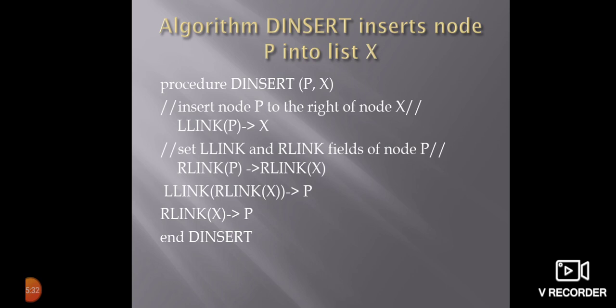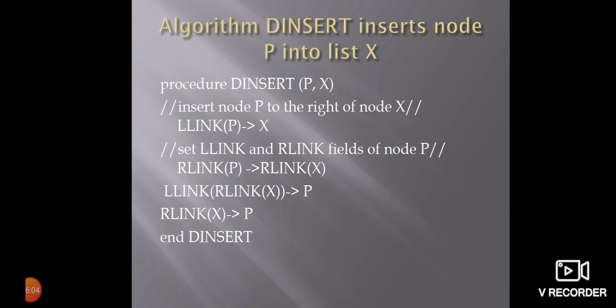Okay, and then you are going to change the links here, so that the particular node is inserted. That is, R link of X is equal to R link of P. So what happens? X is actually the new node. You're going to take that address and paste it in the right link of P, and P is equal to right link of left link, so that both sides change. You're going to change the other addresses so that this particular node is linked, inserted in